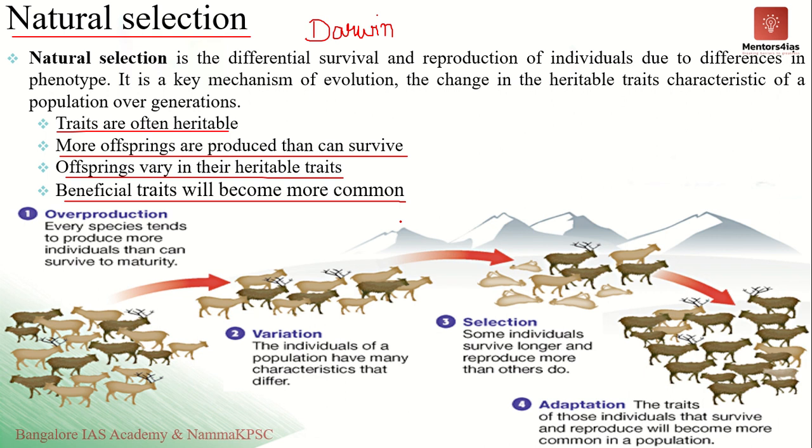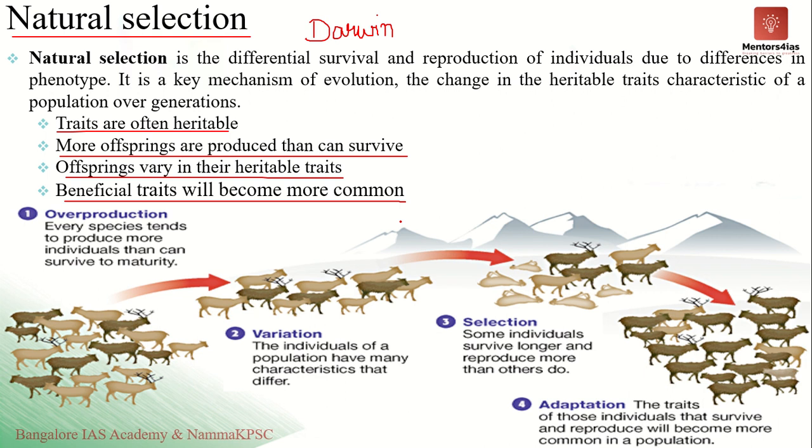The individuals with helpful or beneficial traits will leave more offsprings in the next generation than their peers, as they are more effective at surviving and reproducing. Hence, the helpful traits will become more common in the next generation, and the population will become adapted to its